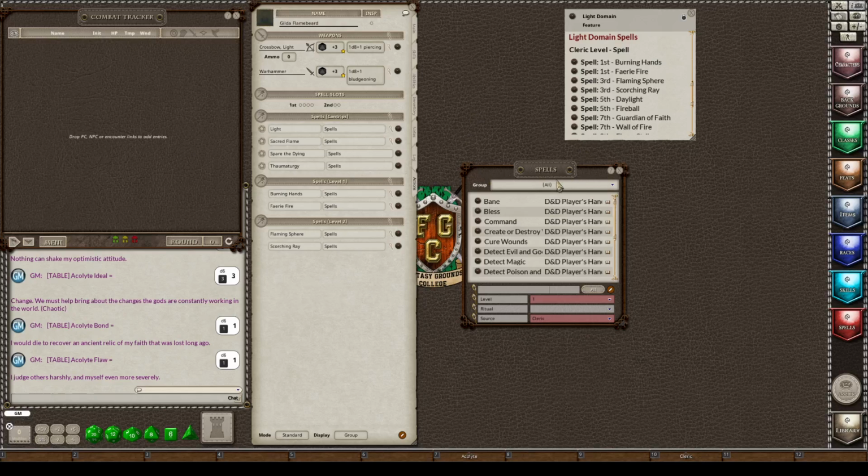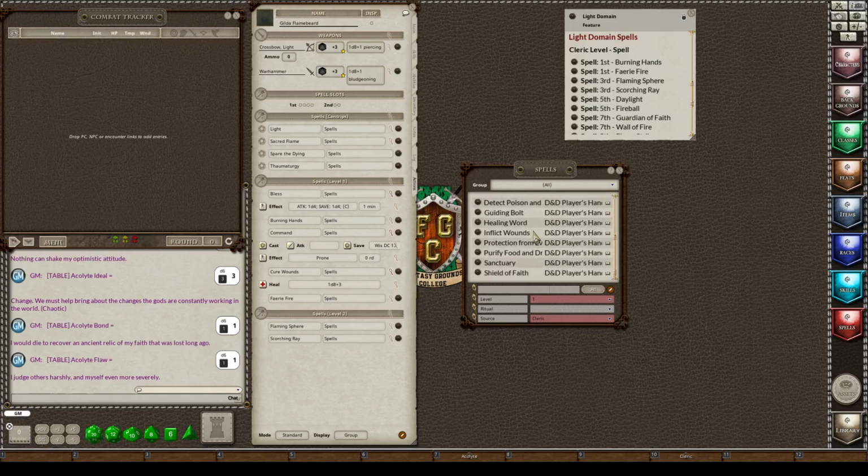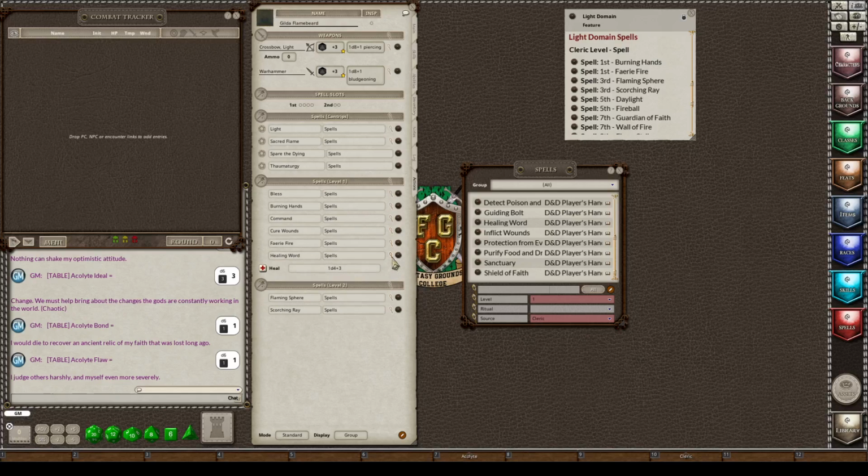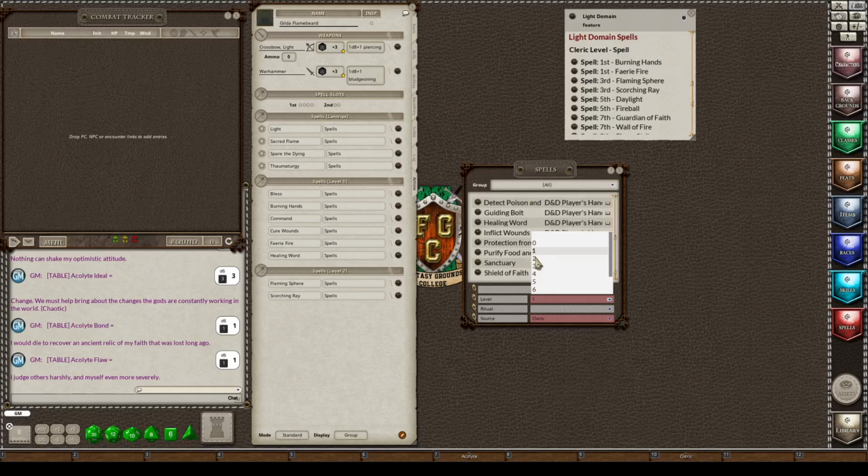Then I'm going to pick 4 first level spells and 2 second level spells. You can do them any way that you want. You can choose any 6 spells that you wish, but I'm just going to do it this way because I get 6 and 4 and 2 is 6, which makes a lot of sense to me. I'm going to choose Bless. I'm going to choose Cure Wounds. I'm going to choose Command. And I'm going to choose Healing Word. And again, I'm going to close the magnifying glass so that it is not taking up 2 lines. That's all of my first level spells. Let's go to second level.